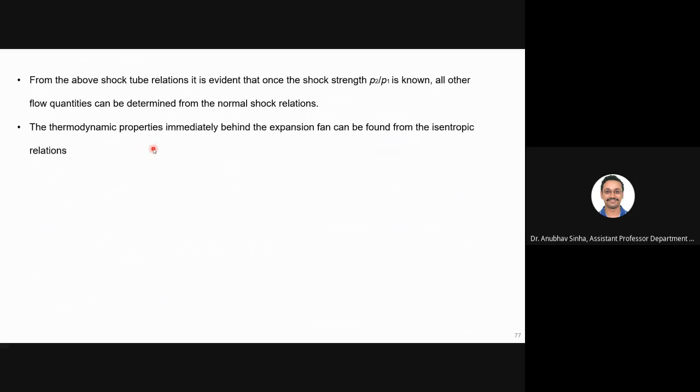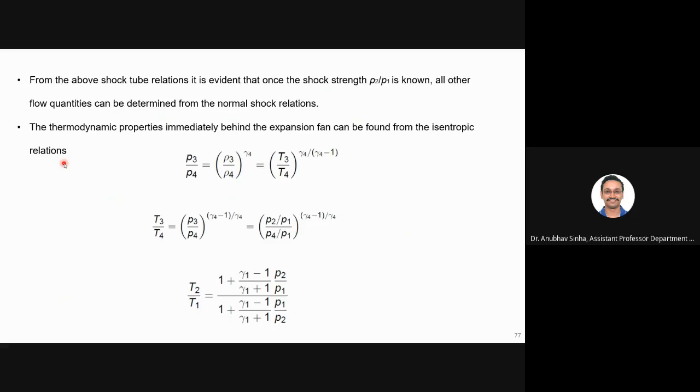And see, there are two sides. One section is where we have the normal shock. One section is where we have the expansion fan. So for the normal shock side, left side of the contact surface, I can use normal shock relations. On the right side, where we have the expansion fan, which is isentropic, I can use isentropic relations to find required properties. And this is how we can find them. So we can simply get the relation for temperature, pressure in these terms.